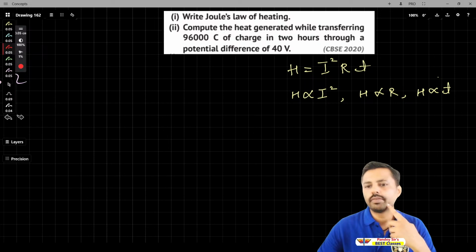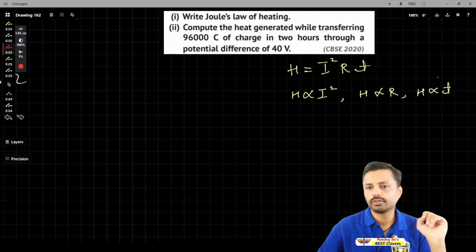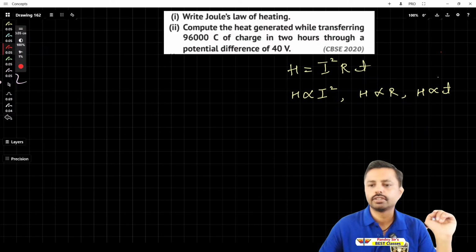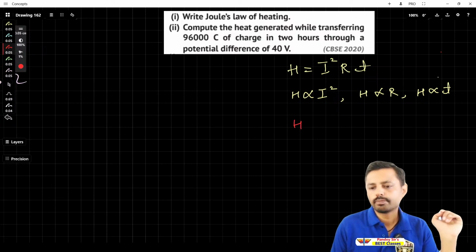There is a simple formula actually that you can apply. That formula is H equal to